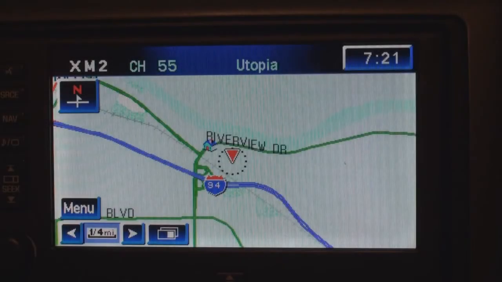Prior to leaving for a trip, I would suggest you use memory points to store the different locations where you'll be going on the trip. So write down the phone number and the address of the different locations you'll be stopping at on the trip. Then go out to the car before the trip, select menu,